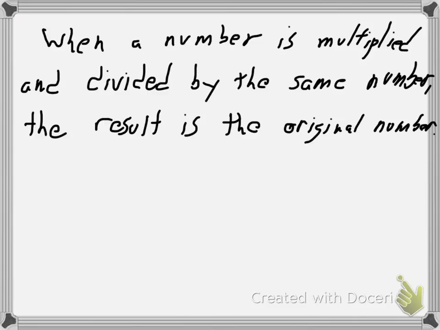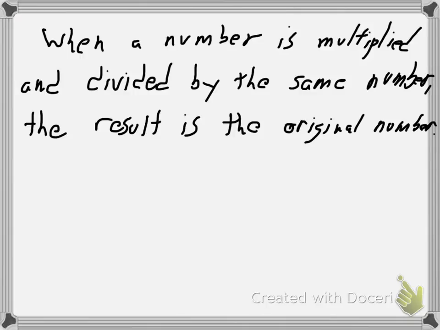Which then takes us here. When a number is multiplied and divided by the same number, the result is the original number. So if you're taking something and multiplying and dividing it by the same thing, you're going to end up with what you started with. So an example of that,